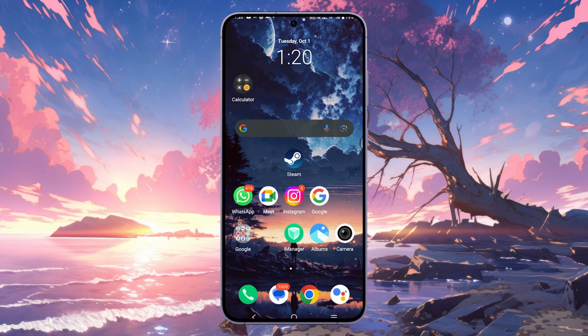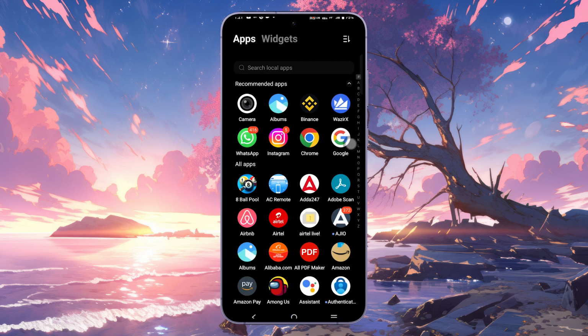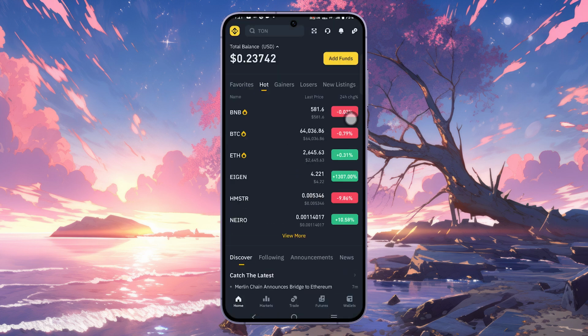Hello everyone, in this video I will teach you how you can convert USDT to TON on your Binance application. First open your Binance application, and as you can see, this is the application and we are in the home screen. So you will find this Binance logo. We need to tap here